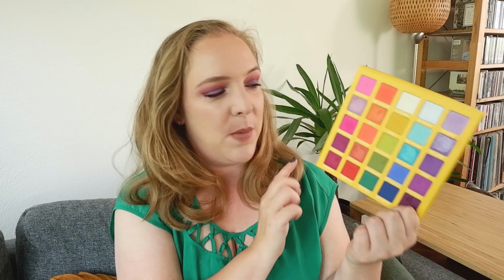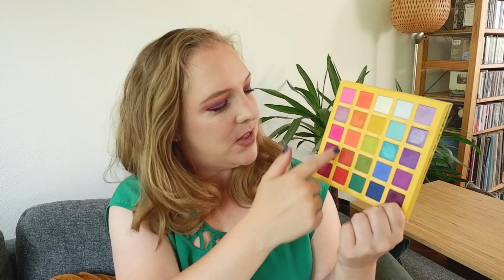I was very much into trying colors and trying more indie brands last year. So I was like, I'm just going to give it a whirl. And then I wore it over the summertime. And if you want the perfect palette for sunset eyes, this is it. Those purples and those oranges and those pinky berry shades together,